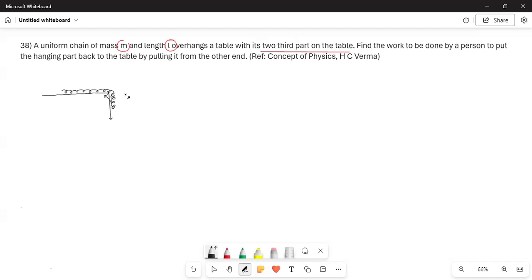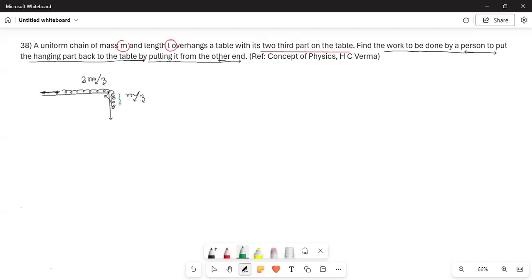So obviously this mass is m by 3, and this mass is 2m by 3. The question is, find the work done to pull the whole chain onto the table. That means you pull it from the other end gradually and put the whole chain on the table. Now the problem of this problem is